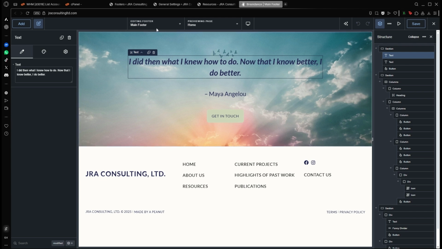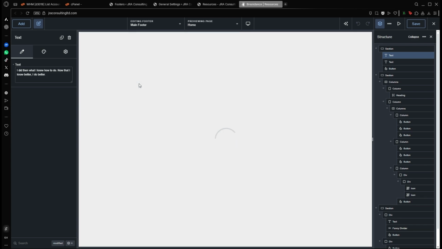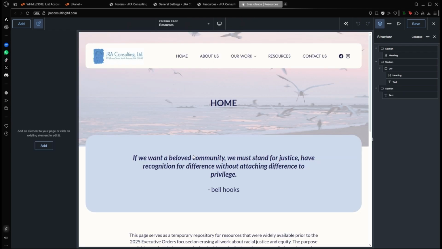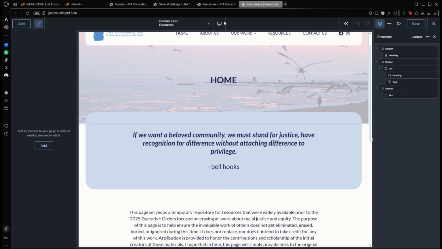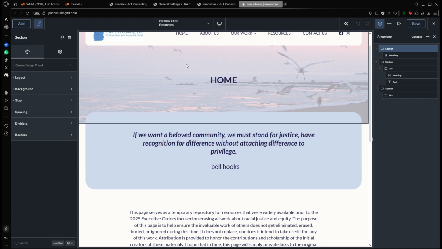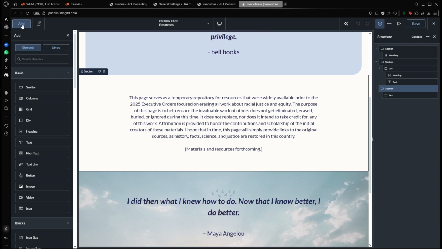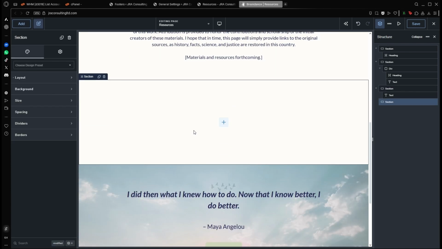So the way to add content, let's assume that we're going to add content to the resources page. I'm going to type in resources, and it's going to pop up this resources page, which I don't know, is displaying home here, but let's ignore that. So let's assume that we're going to add some new section. I just picked this page randomly because we can use it as an example. We can click the add button and then let's add some section. And let's assume that you want to add,